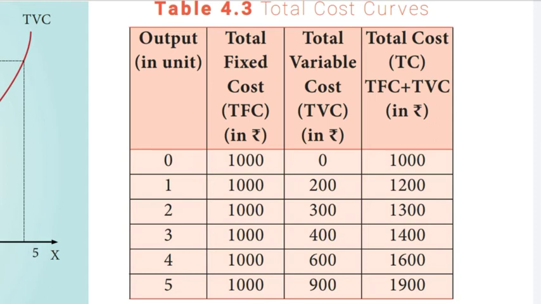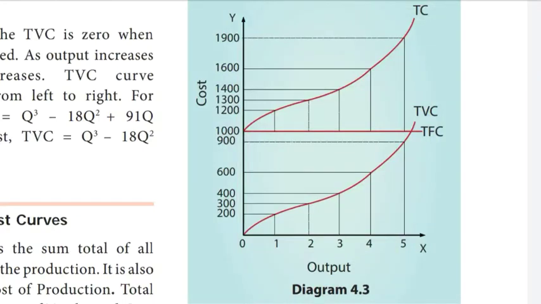It is to be noted that the total cost curve is obtained by adding the total fixed cost and total variable cost curves vertically. The total fixed cost curve remains parallel to the x-axis, a straight line. Total variable cost starts from the origin and moves upwards, as no variable cost is incurred at zero output. When total fixed cost and total variable cost are added, total cost starts from total fixed cost and moves upwards. The total cost curve lies above the total variable cost curve. Total variable cost and total cost curves have the same shape, but the beginning points are different.